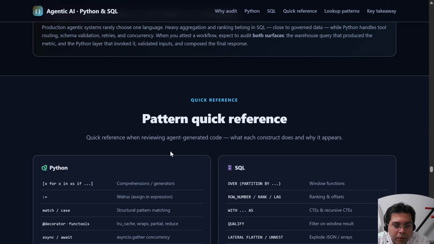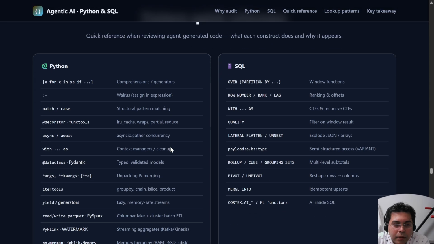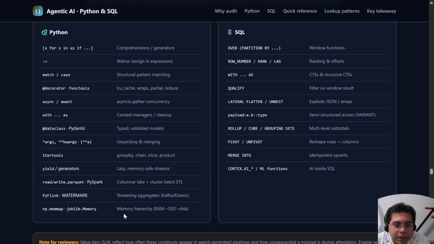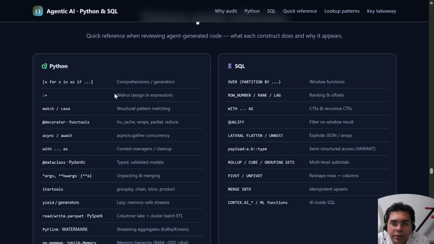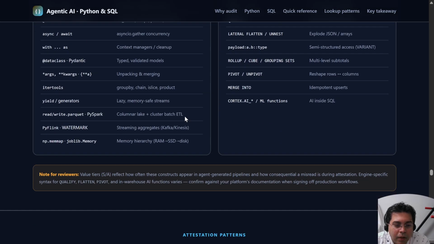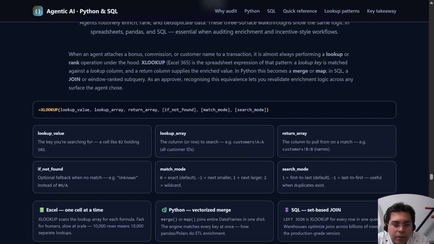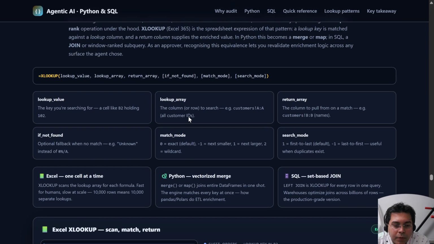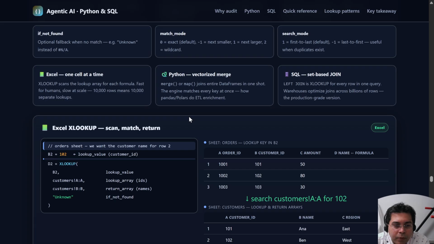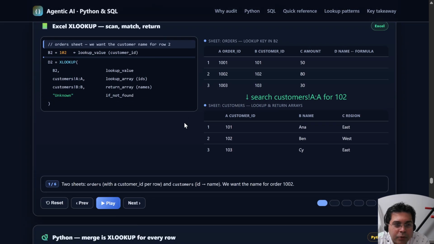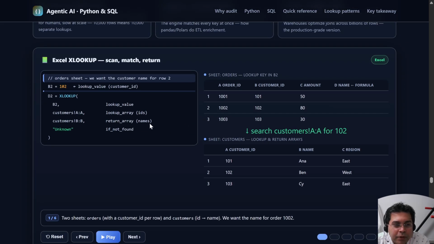Okay, so this is all we have just covered. I'll just give you a quick reference. We have covered all these things and all these things in SQL. Quick reference. Okay, now if you have worked in major companies, you will definitely come across Excel